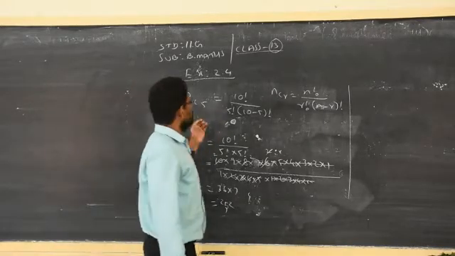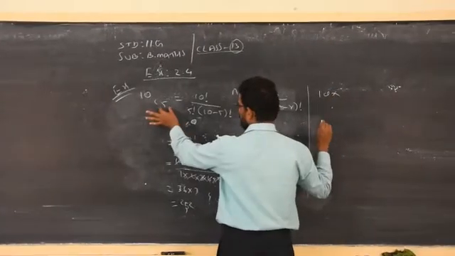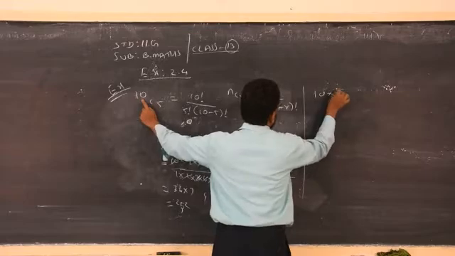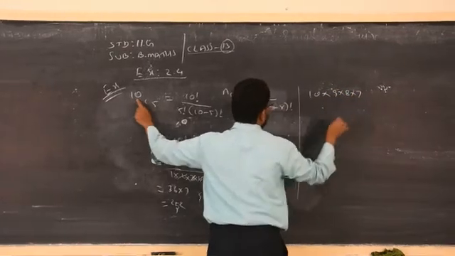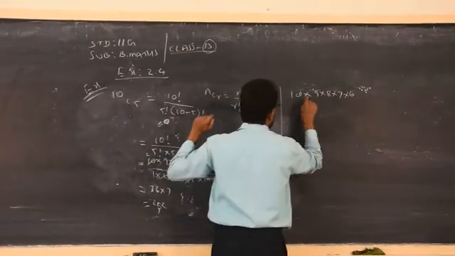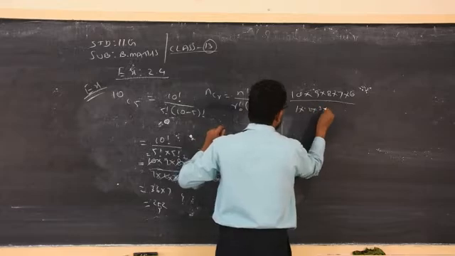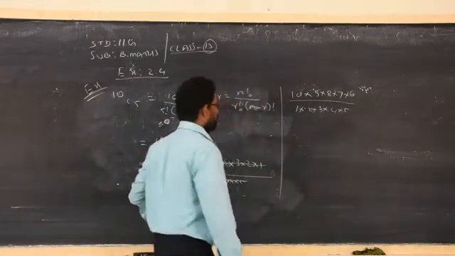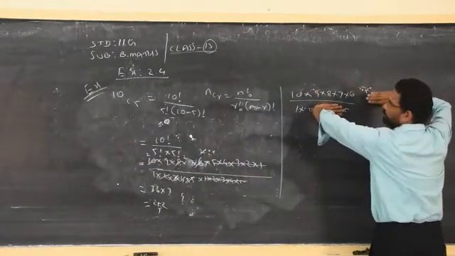In the same way, you can use it for combination also. See, 10C5, what is the suffix? 5. So you have to write 5 numbers in descending order from 10: 10, 9, 8, 7, 6. Then you have to write the denominator 1 into 2 into 3 into 4 into 5, because up to 5. In permutation you never get a denominator, you get only this.